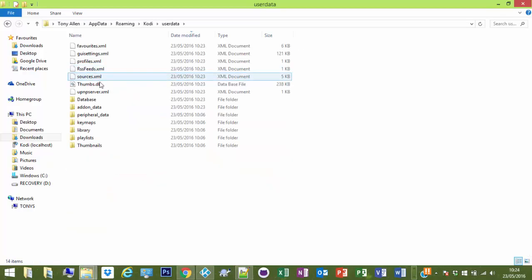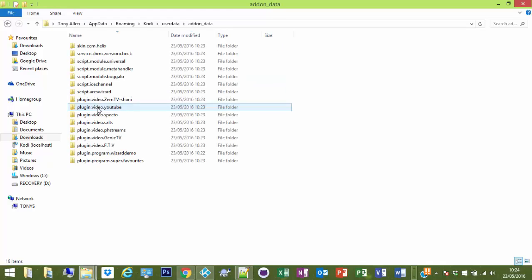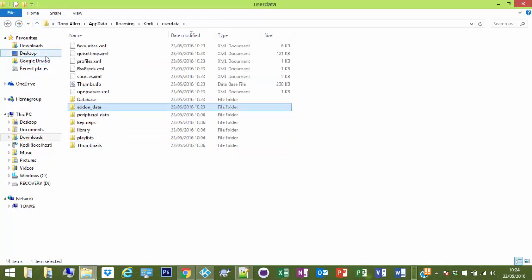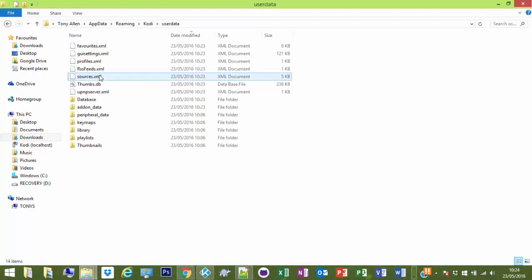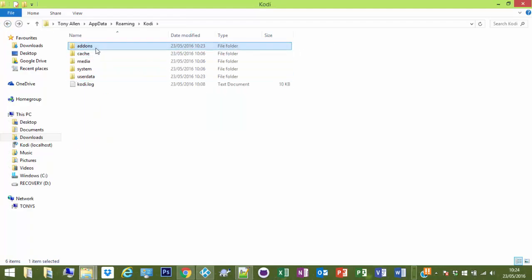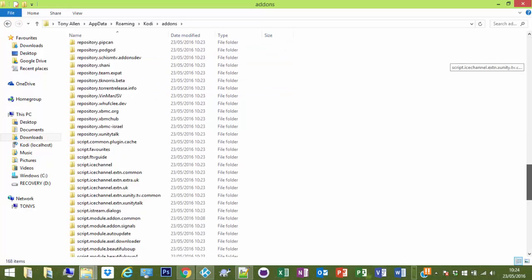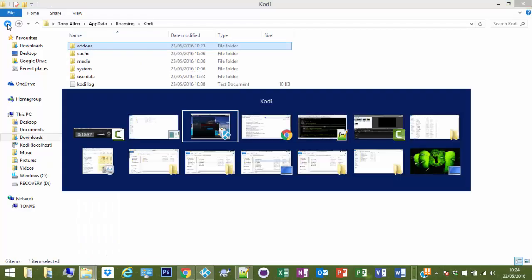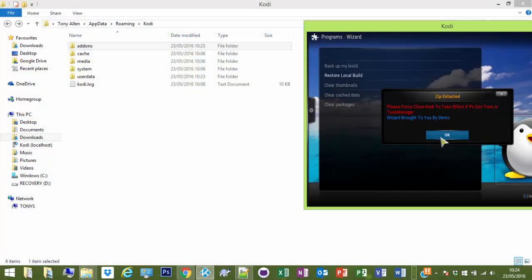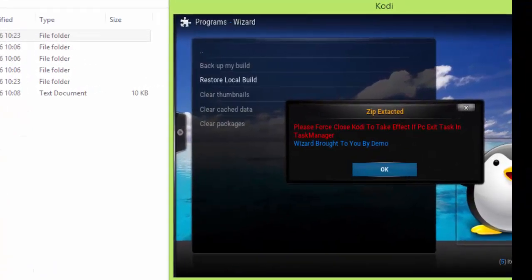It should do user data as well. You'll have all your add-on data in there. So basically, it's whatever you've zipped up before, it will go to this file and just extract it all. So obviously, whatever's in there, it just overrides. It sticks all your things in, and there you go. So that's it, and then it will say to make sure that you force close, which is on